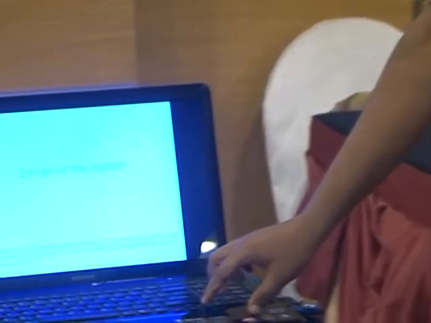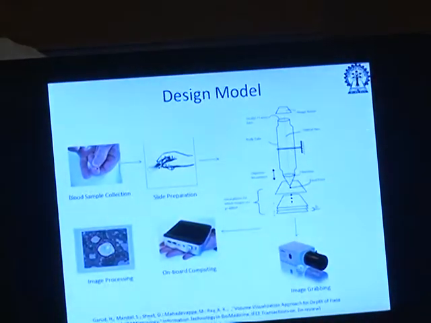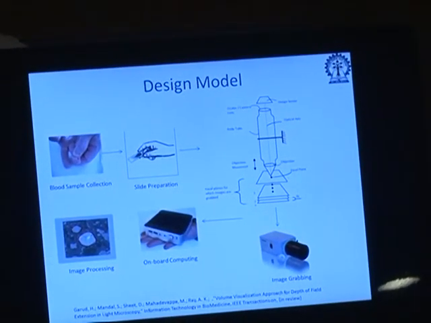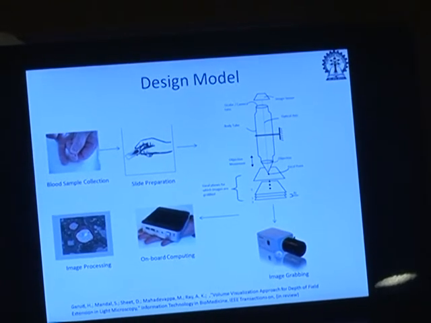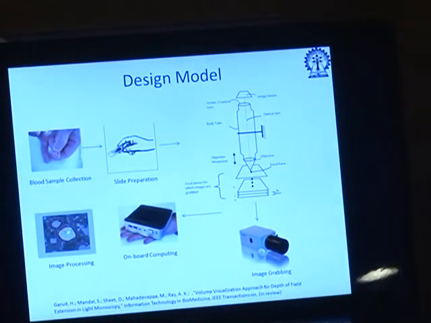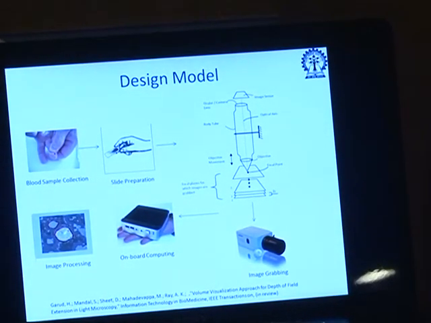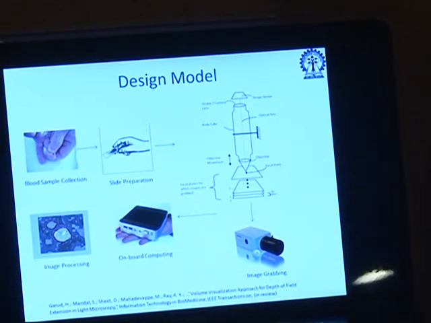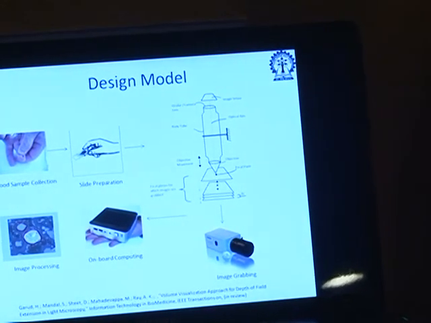Coming to the design of the system, you can see the design model has the initial part in which we have a needle pricking in the hand, and the blood is drawn in the form of a stain on a glass slide. Then we have a microscopic module fixed with a camera, and we are using some surveillance camera models to pick up the image. Then we pass the data onto an embedded system model which does the computation of the cell counts and also segments out the malarial parasites if they are present in the blood, giving a positive ID of the parasite. So, this is our system workflow.